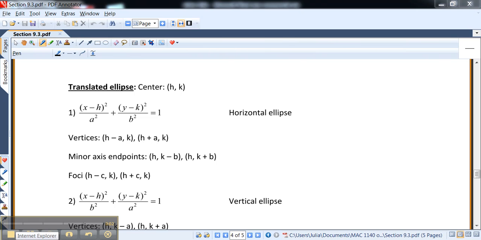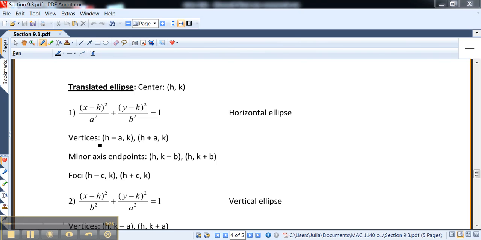The translated ellipse means that the center is no longer the origin. It could be (h, k), could be something else, and this is how the equation looks. Notice it would be (x minus h) squared plus (y minus k) squared. Now this is an example of a horizontal ellipse similarly because a squared, the bigger number, is under the